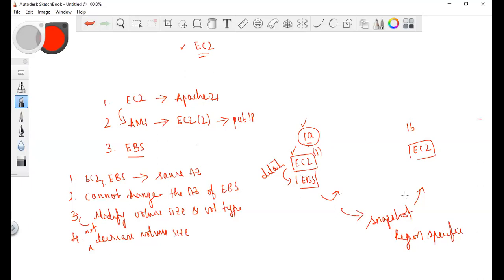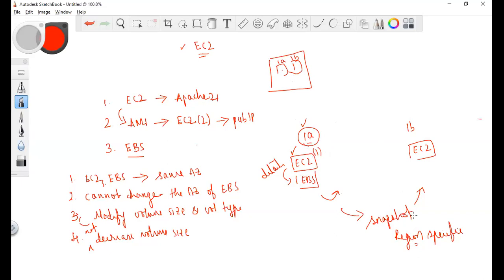You are aware of it, right? What is an availability zone and a region? One or more availability zones make a region. A region is a geographical area, and in that you have the availability zones, and these availability zones are the physical data centers.